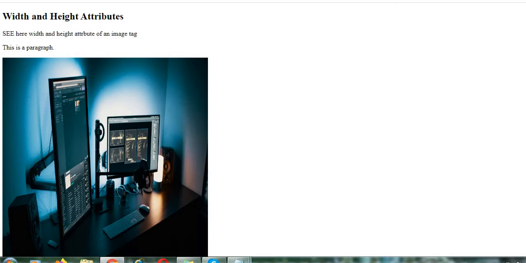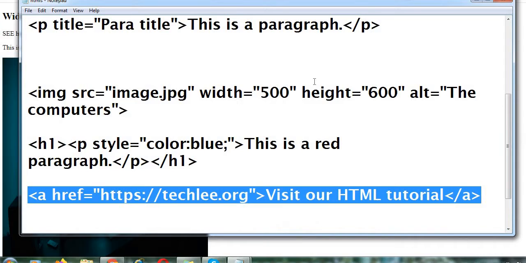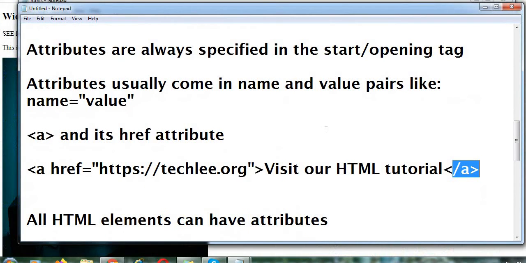Now going towards the attributes. We need to read some more attributes here, because the image and a tags are both done, and now as we mentioned the attributes, we need to know a little about them.